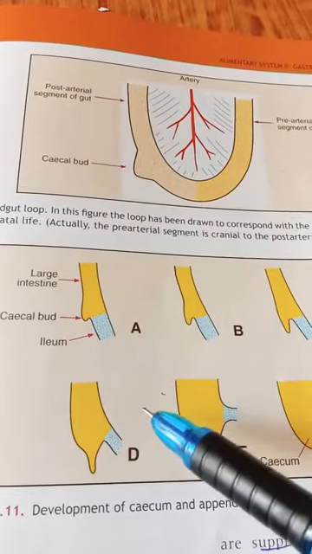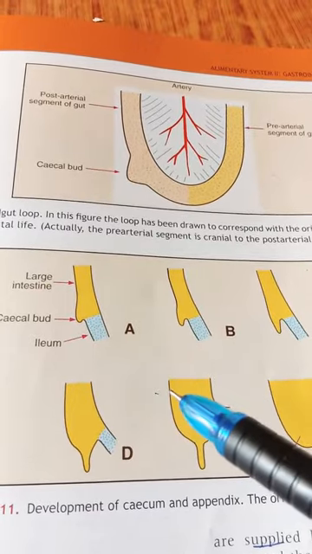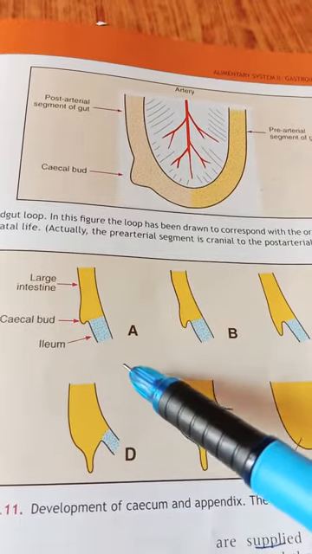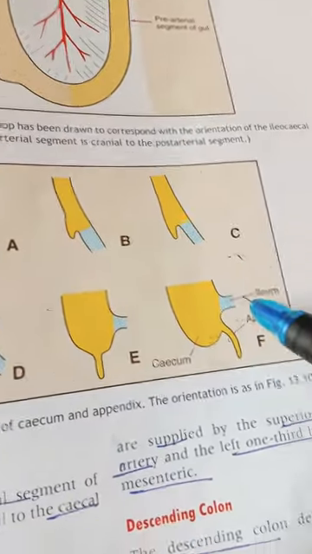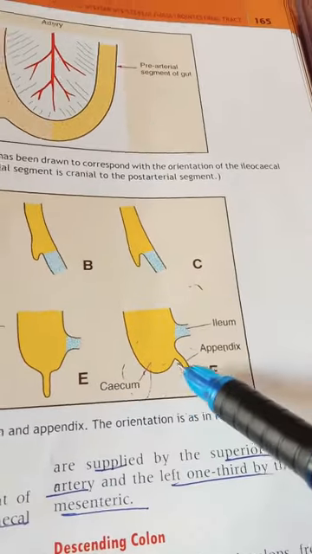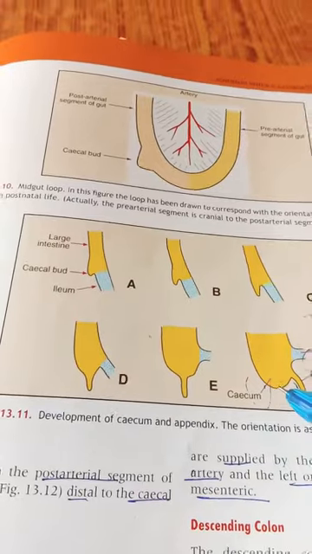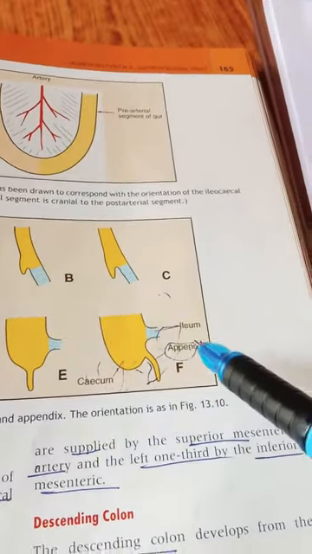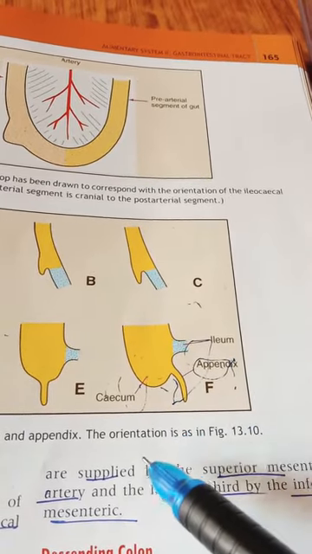So what they are saying is, it is formed by enlargement of this bud. The proximal part of the bud forms the cecum, and the part distal to the bud is narrow and forms the appendix. So the proximal part forms the cecum and the distal part is narrow and forms the appendix. So we need to understand here that from the cecal bud only, both cecum and appendix are formed. That is what they mean to say. And the appendix is formed from the apex of the ascending colon.